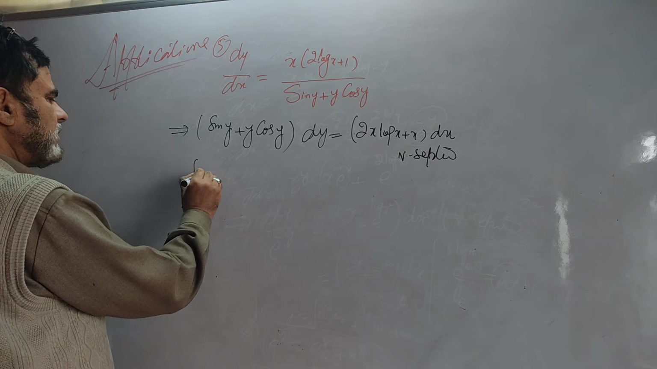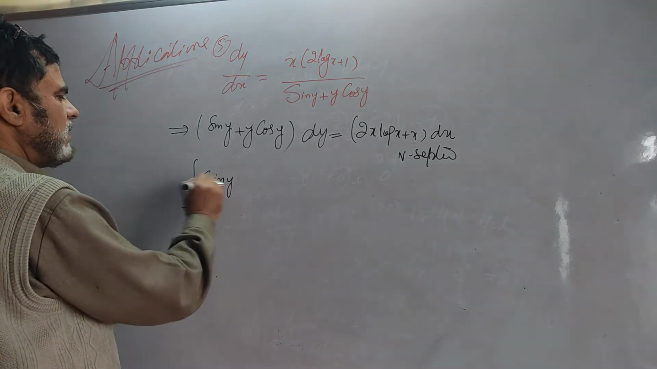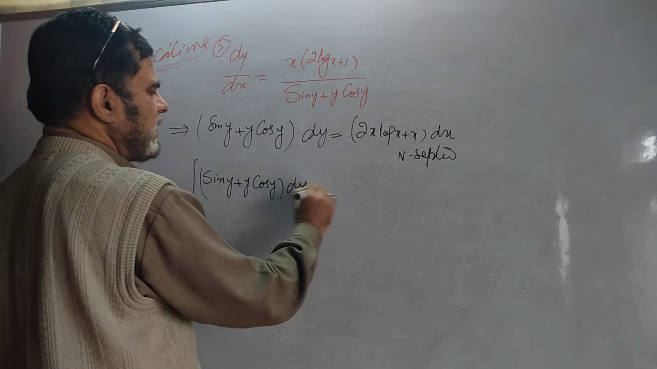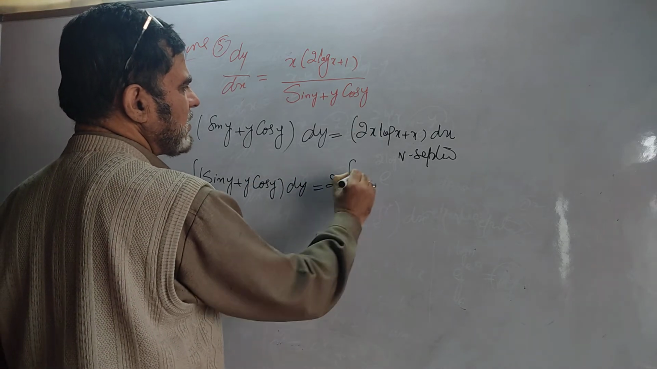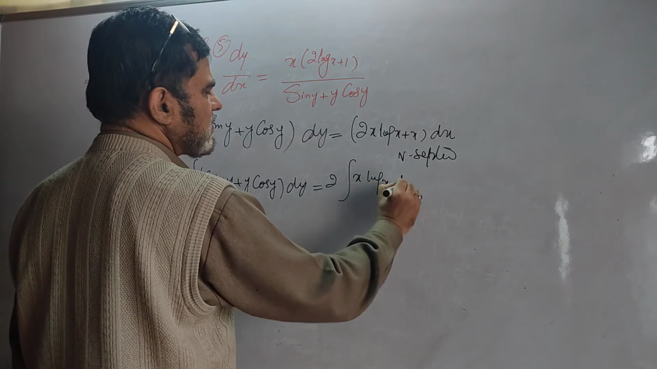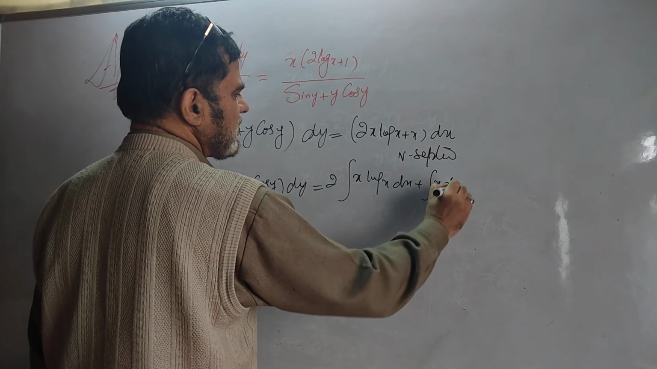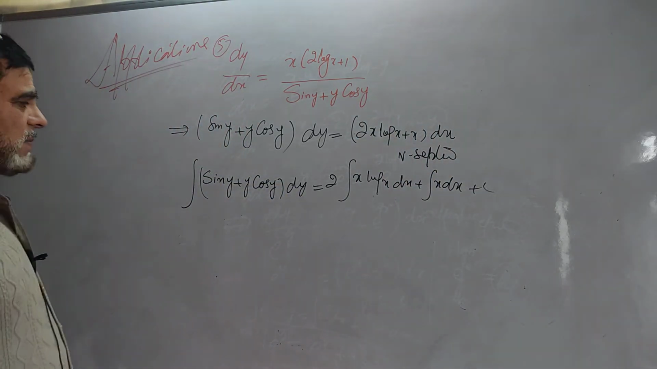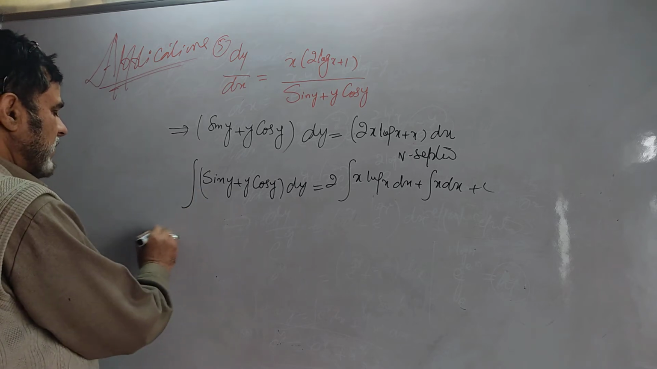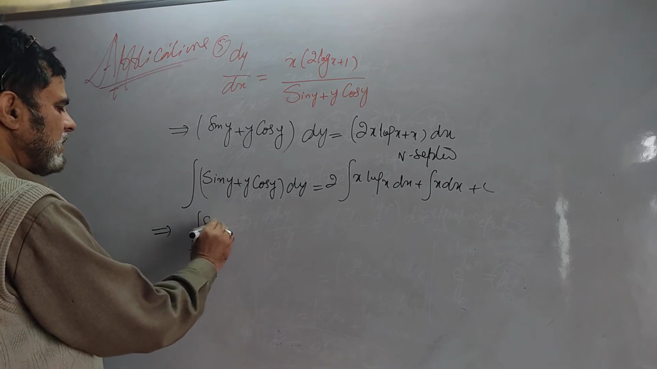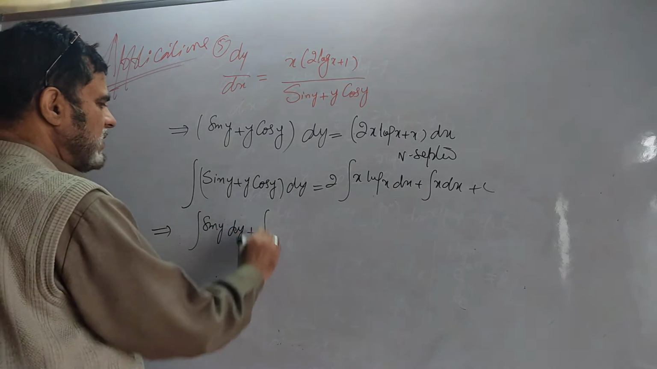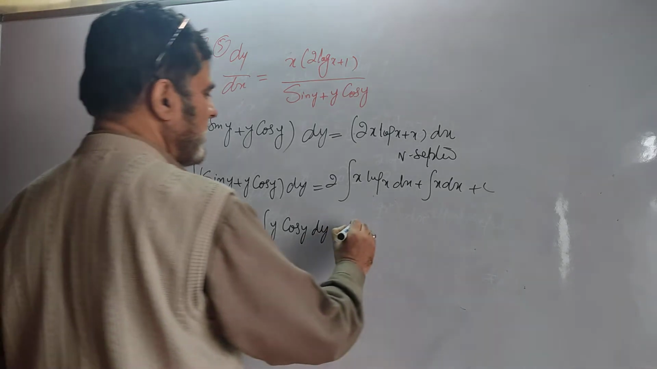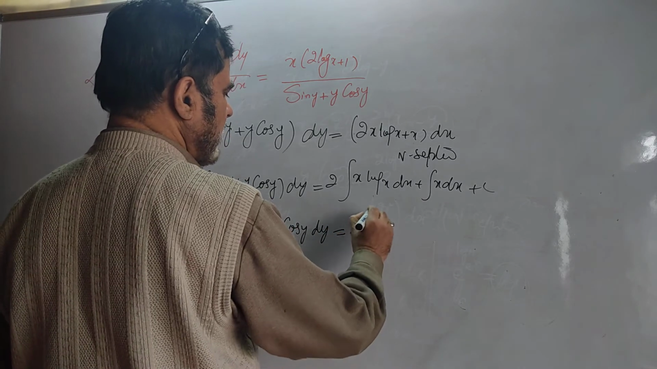This is the integral of sine y plus y cos y dy. It is the integral of 2 is a constant, integral of x log x dx, integral of x dx. You may add the constant up here; if you add it after that step, it doesn't matter, no problem. The integral of sine y dy plus the integral of y cos y dy is equal to twice the integral of